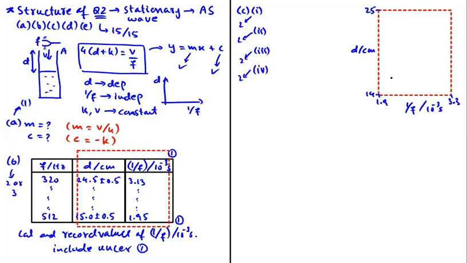So in C part 1, we don't have to choose scale for any of the two axes of the graph grid. All we have to do is use the values of dependent and independent variables from the table and plot points on the graph grid and draw error bars for each point.